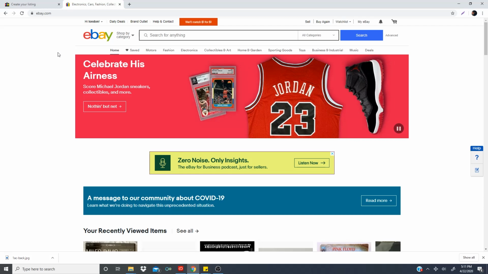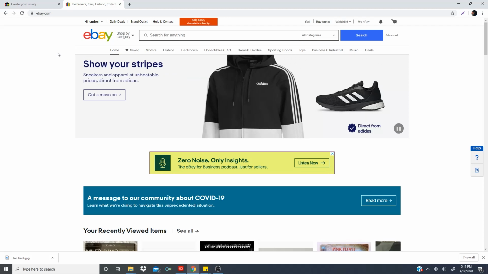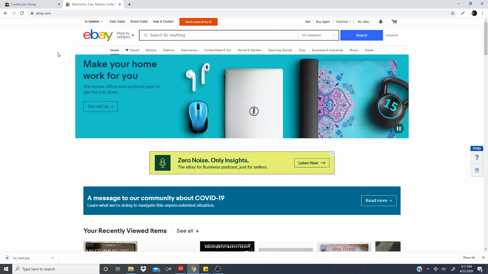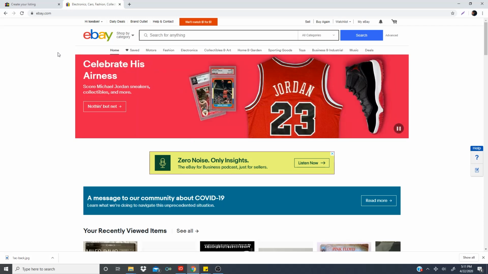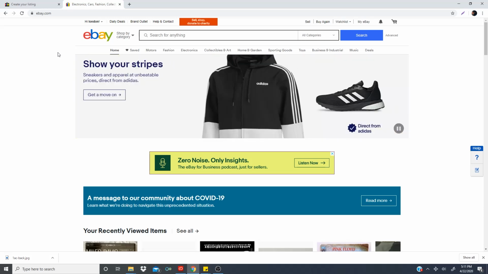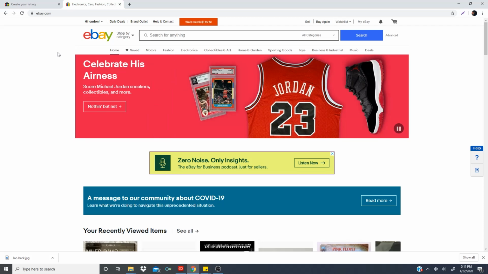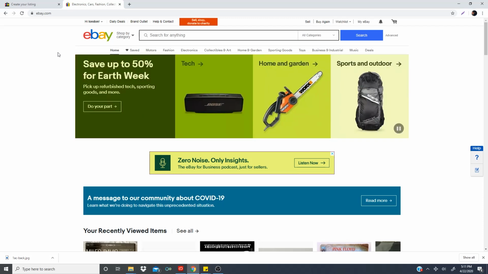Okay, so one of the other things I like to do on eBay is purchase records that I can flip on other sites. A lot of times on eBay, people have high dollar records listed, but they'll take a lot less than the actual value of the record, just because a lot of people have a lot of records and they need money. So what I'll do is I'll go on here, I'll find something I'm looking for, and then I'll make an offer on a record, a ridiculously low offer. I'll go half or a little bit less than half,